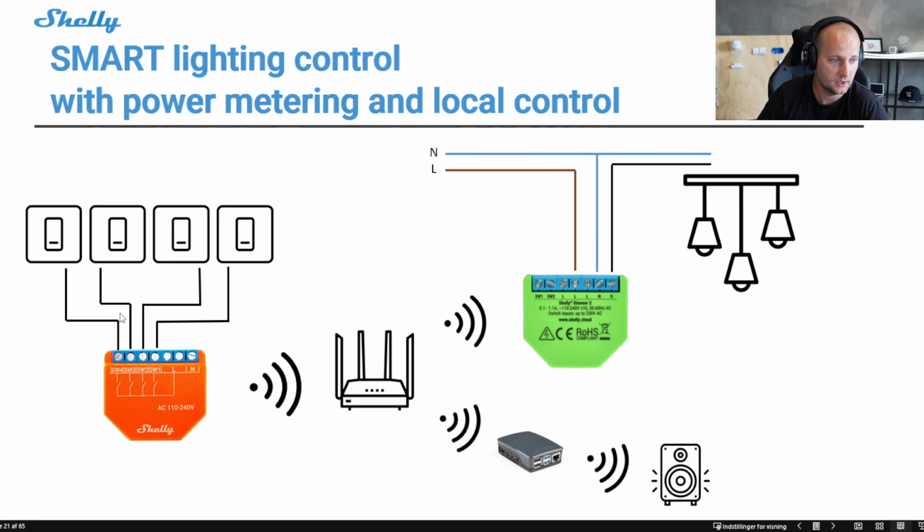But pressing the wall switch can send a signal to your dimmer to turn on the lights wirelessly if you want to, but it can also send signals to your third-party gateway so you can control any other smart devices if you want to. So that's another way of doing it, making everything wireless, if you don't have the option to make wired solutions.